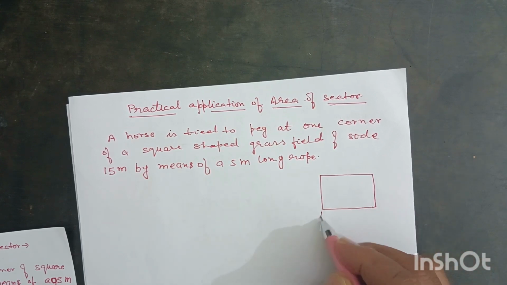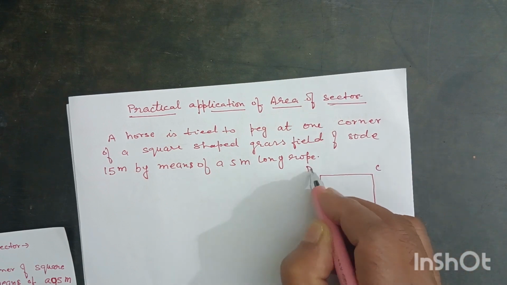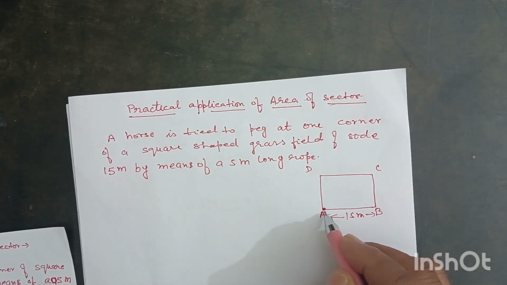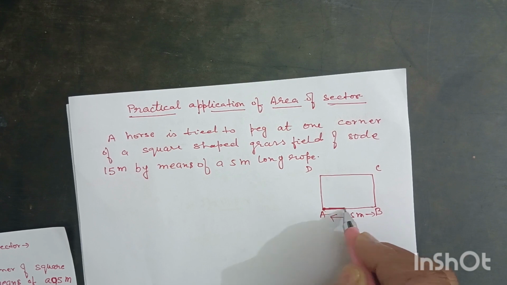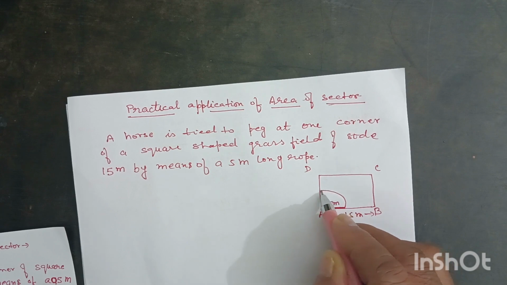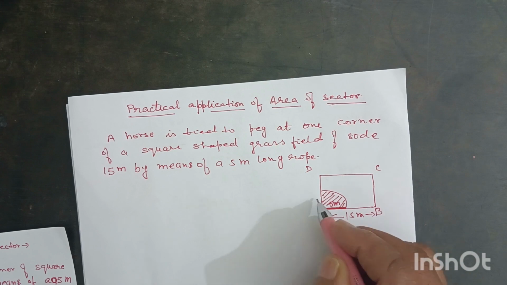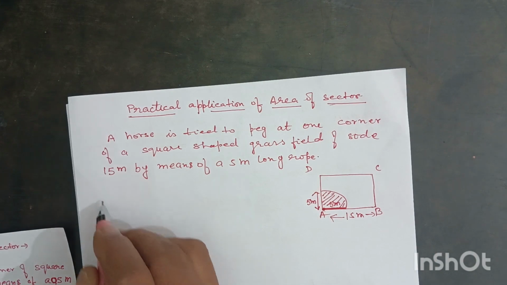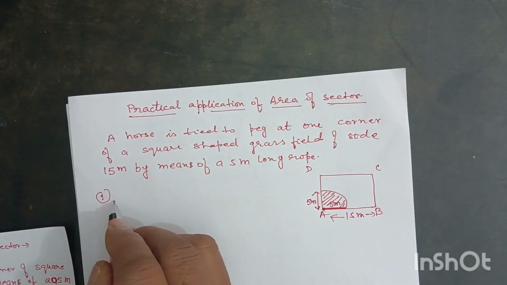In this square field ABCD, side of this square field is 15 meter and a horse is tied to this peg A here using peg by the 5 meter long rope. So this horse will graze this much area, this much. So the very first part of the question is, this is 5 meter here. So the very first part is area